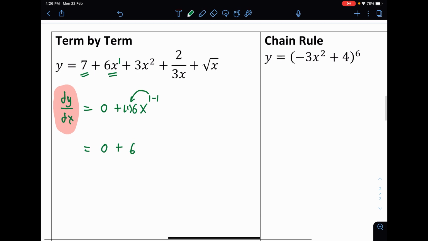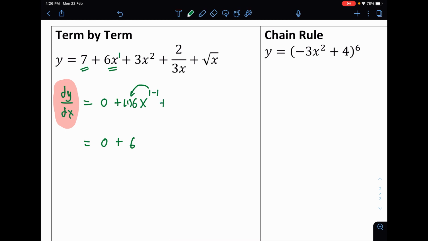Now compare this with 3x squared. We have x squared, so you reduce the power by 1, and the 3 is still there. The 2 comes down, so you multiply by 2. Then you get 2 times 3, which is 6, times x. So you see here, differentiation is basically about bringing the power of x down and reducing the power of x by 1 unit. It will always reduce by 1 unit after you differentiate.